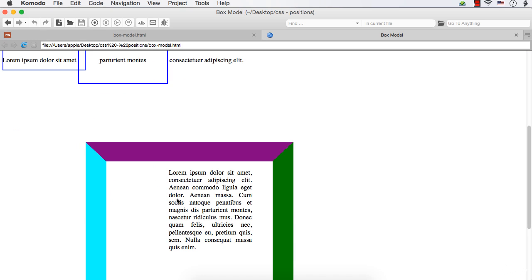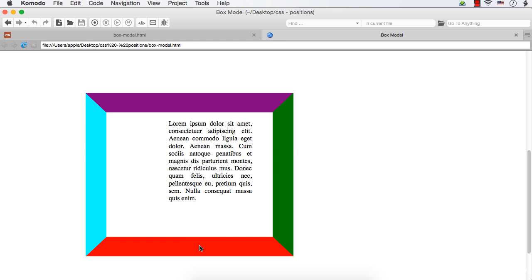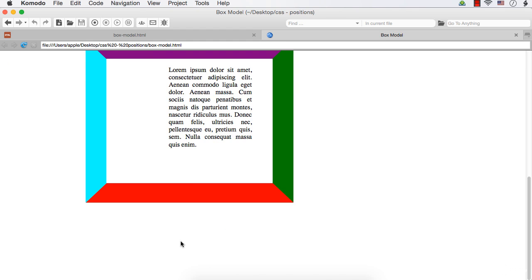Similarly, when we calculate the height of the element, we need to consider value of the top margin, value of the top border, value of the top padding, value of the height, value of the bottom padding, value of the bottom border, and value of the bottom margin.